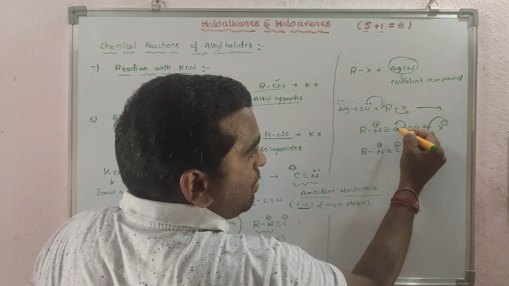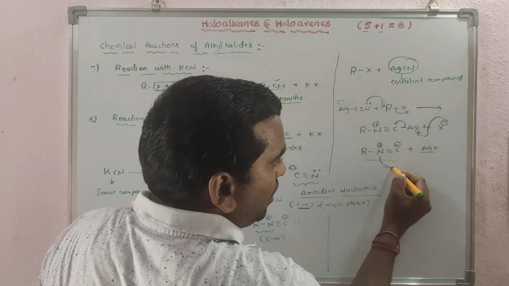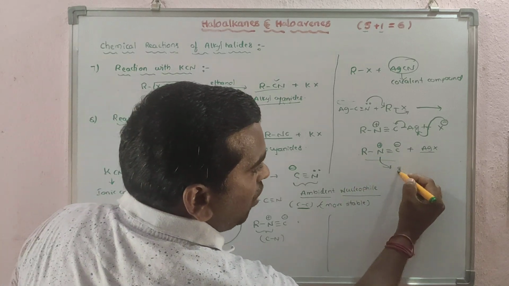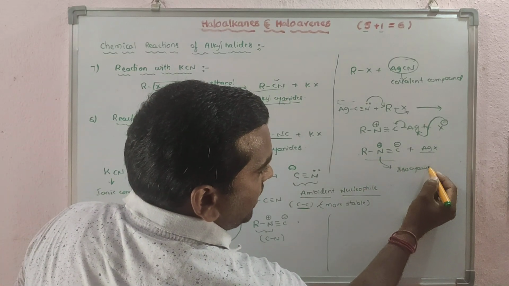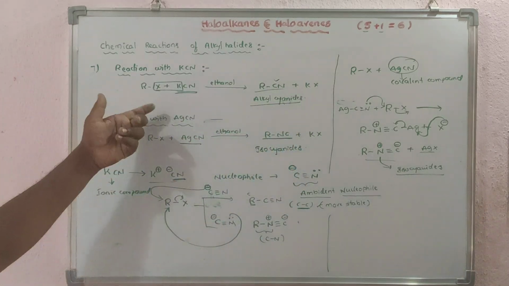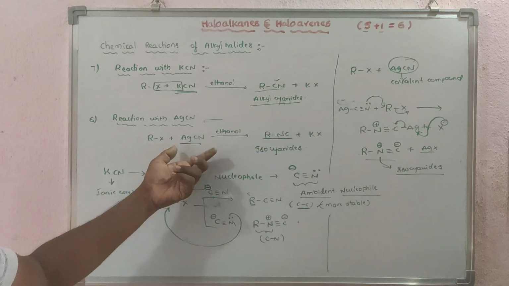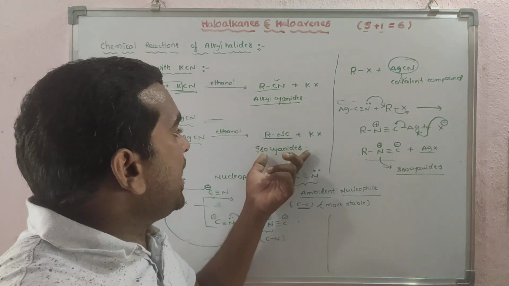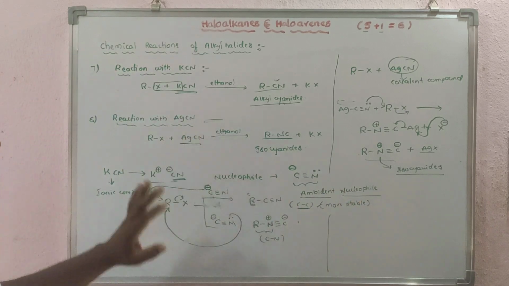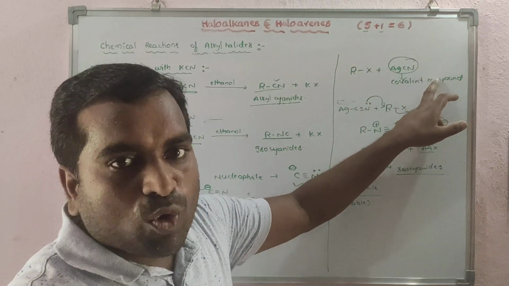Here Ag plus and C minus, the bond breaks. So that's why you will get this compound here. Which one is added to the carbon here? Nitrogen. This we will call isocyanides. Clear? So that is the reason why with potassium cyanide you will get the alkyl cyanide, and with AgCN you will get the isocyanides. Clear? One simple point here: KCN is an ionic compound, AgCN is a covalent compound.